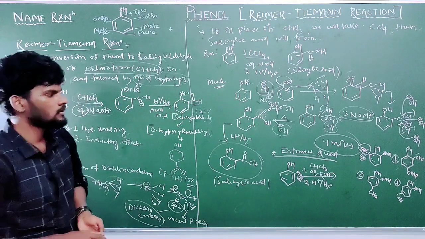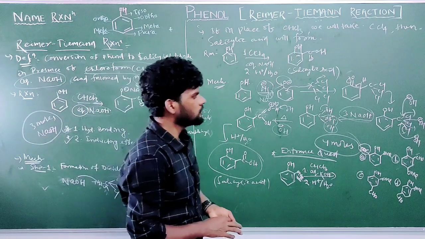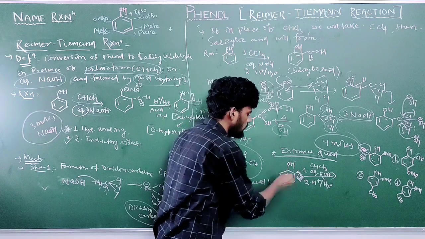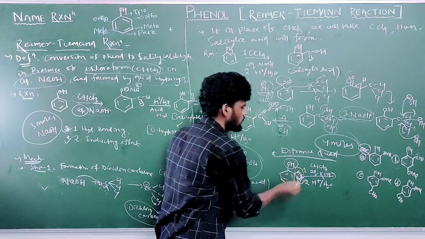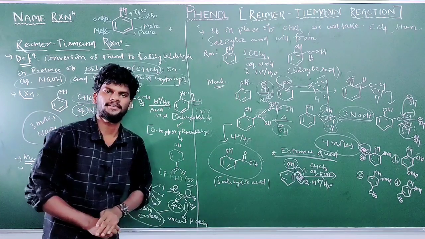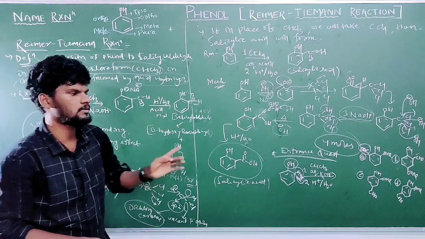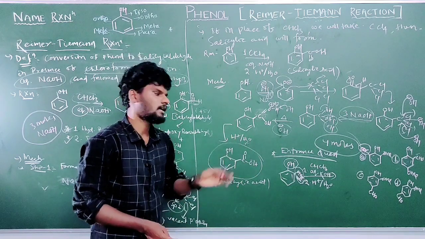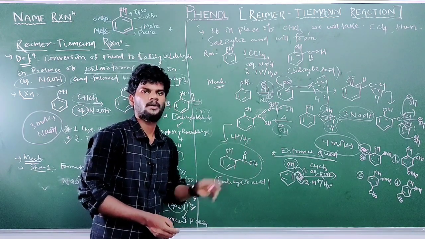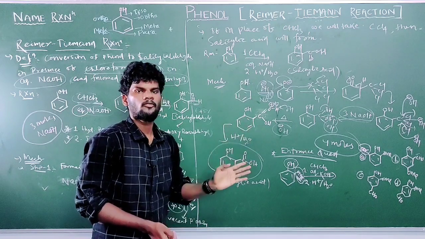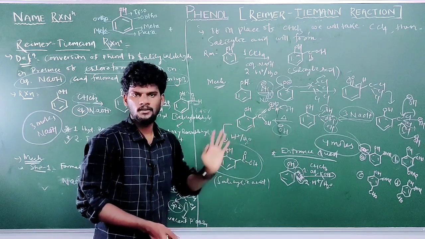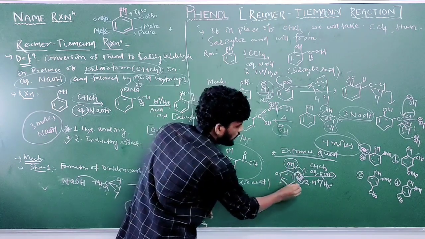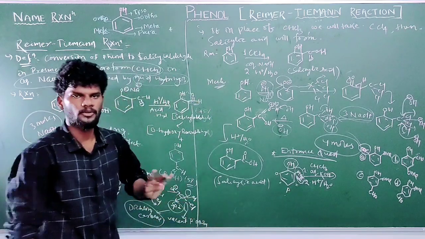Very important question. One factor is between OH and OMe. This is the OH group, this is the OMe methoxy group. Which is more ortho-para directing between OH and OMe? The answer is the OH group. Definitely OH is a better ortho-para director than OMe. So according to the OH group, the more ortho-para directing group, the incoming electrophile will be attached. This is ortho, this is para. Meta product will not form.